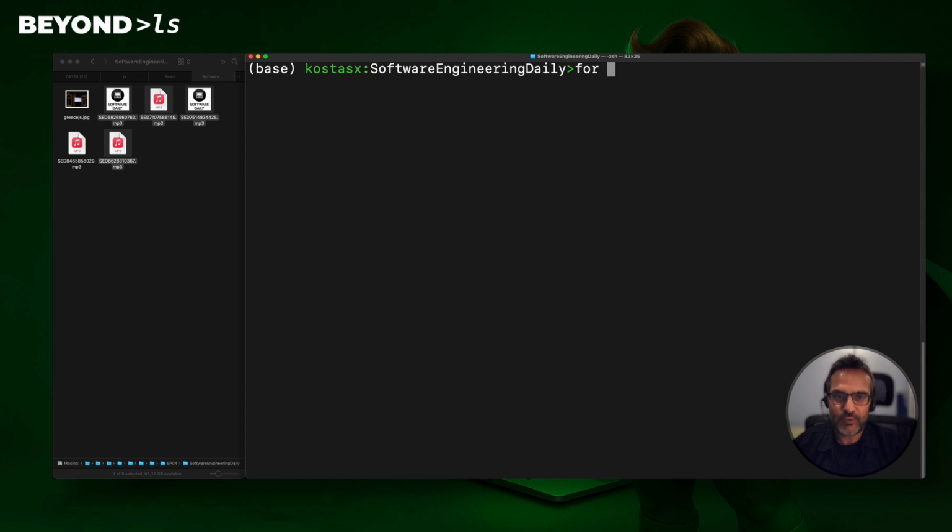So I will say for i in, use the special syntax, ls mp3. Before combining all the commands together, like the mv for move, for renaming, and Exiftool, I like to start with just a few commands, try them out, see the output, and then combine all of them. So I will just say